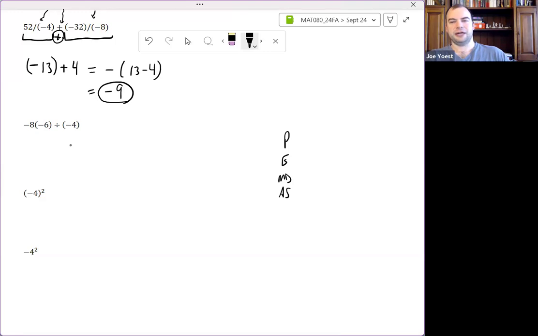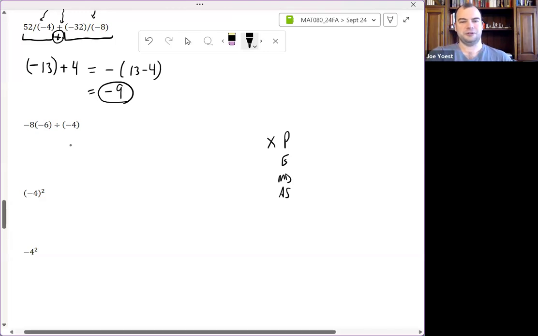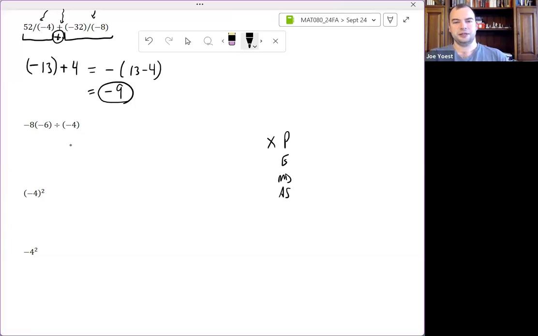But I start off by asking, okay, are there any parentheses? Well, no parentheses that I can simplify, right? The parentheses that are there are just cordoning off the negative numbers. No exponents anywhere. I do have multiplication division, and I do that left to right. So I have a multiplication here and a division there. I'm going to do my multiplication first because it is the leftmost operation